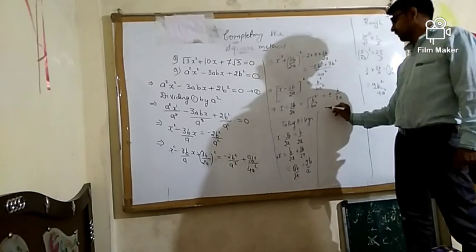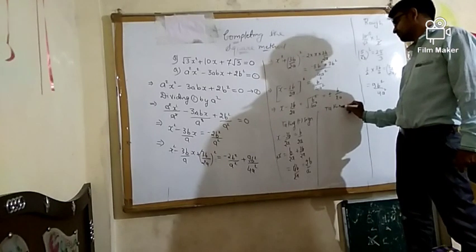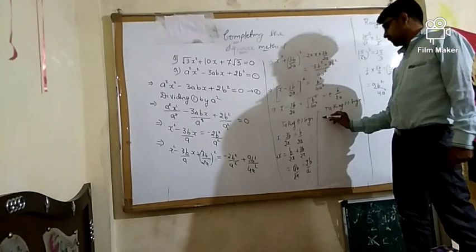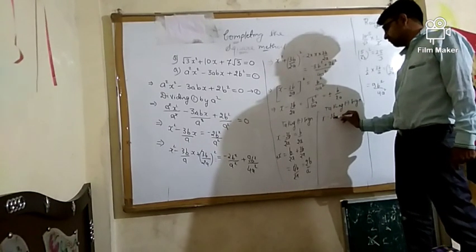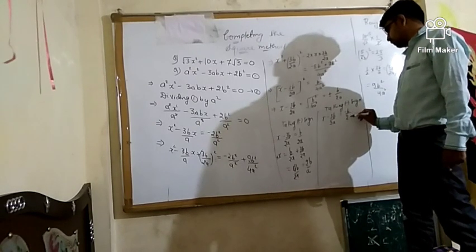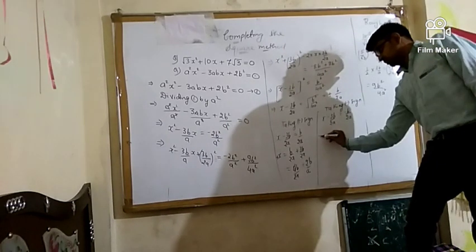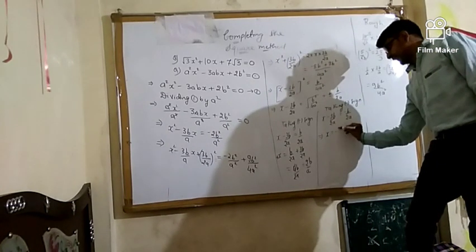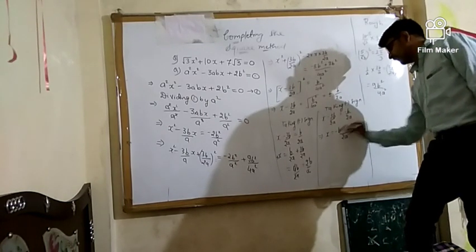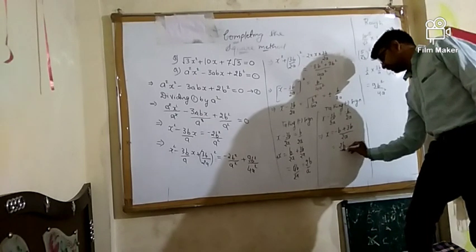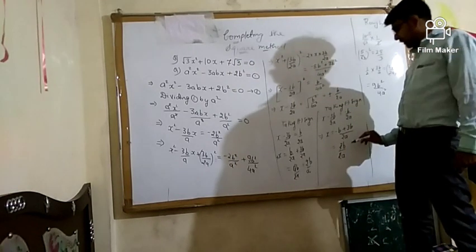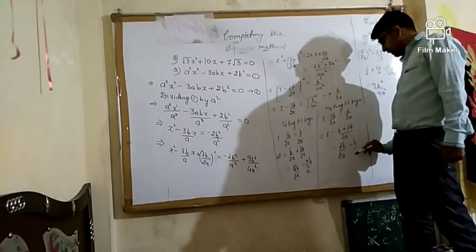Now the negative part, taking negative sign, what I get is x minus 3b by 2a now becomes minus of b upon 2a. So what I will get, x equal to minus b plus 3b upon 2a. 3b minus b is 2b upon 2a. 2 cancel. So the value of x is b by a.